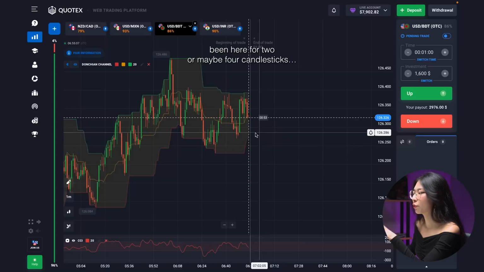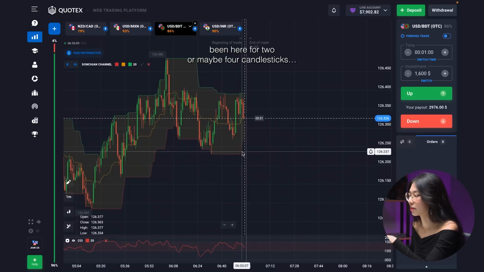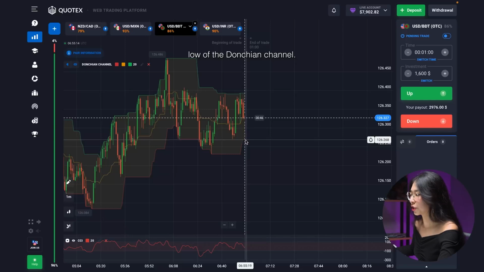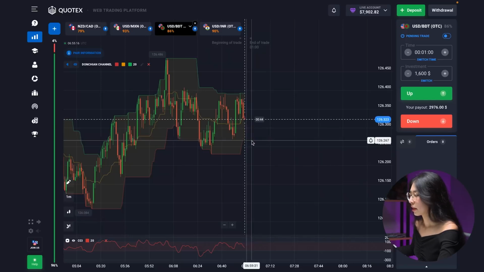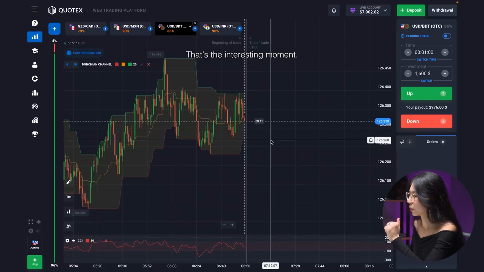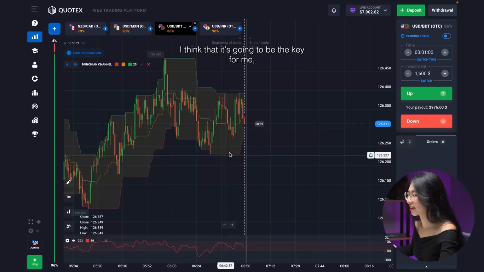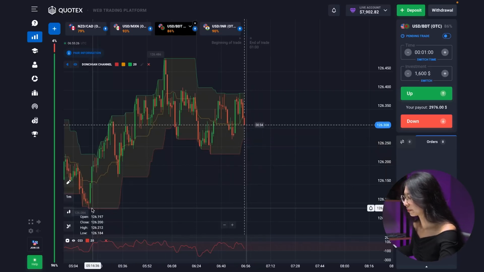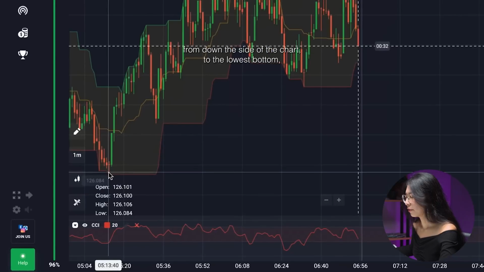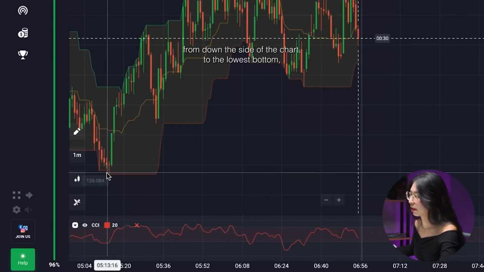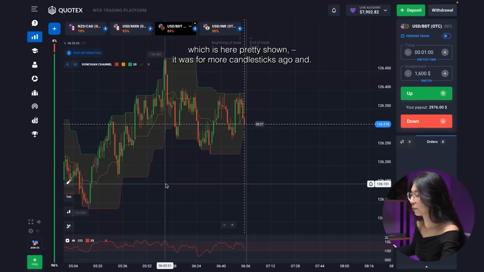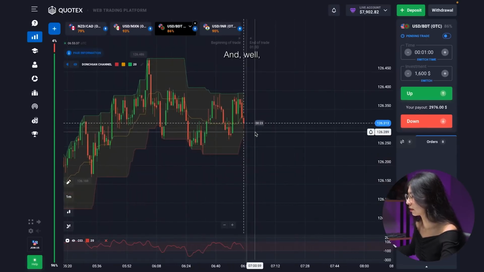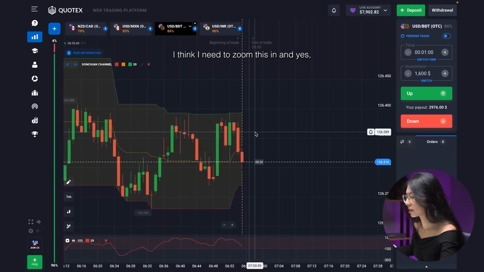And it's been here for 2 or maybe 4 candlesticks. Here there's been a change of the lowest low of the Donchian channel. And this, guys, is a really interesting moment. I think it's going to be the key for me because the situation has been changing right over here. From the side of the chart to the lowest bottom, which is clearly shown, it was 4 more candlesticks ago, and I think I need to zoom this in.